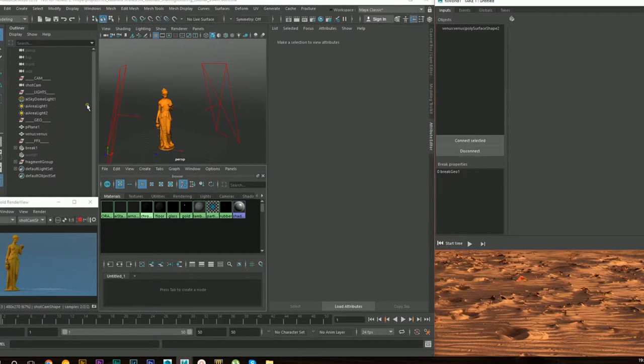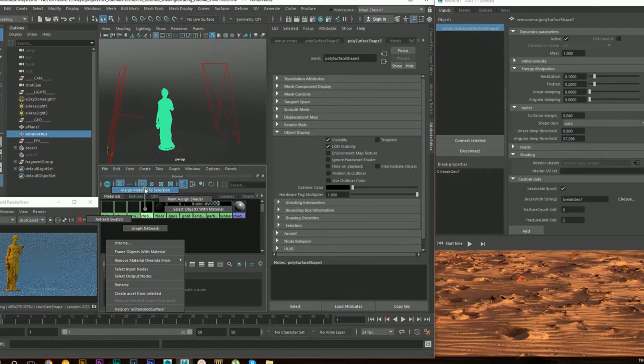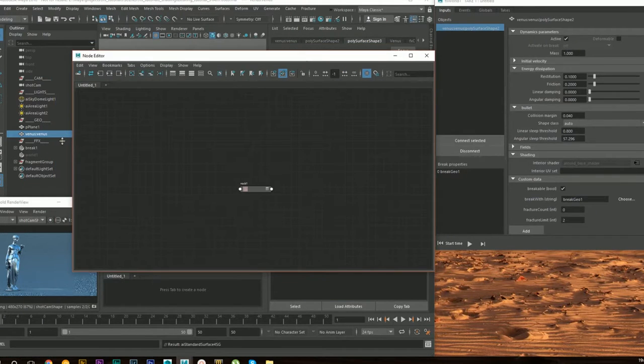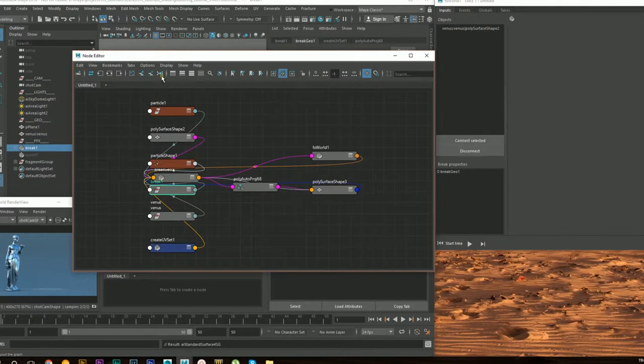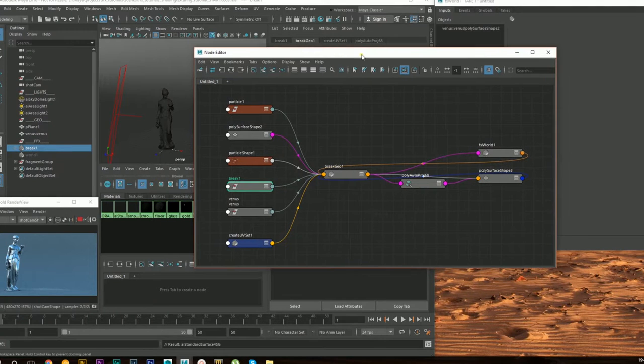So the first thing, we're going to go to the first frame. I'm going to take my unbroken mesh and I'm going to assign it like that. You can see that it gets the Chrome shading right now. But now obviously we have to assign it to the broken mesh, to the fragments. So let's bring up the node editor, select the break node, graph the break node, organize the graph editor,